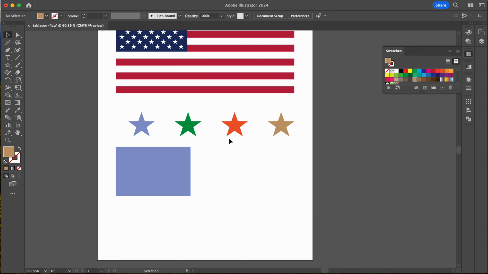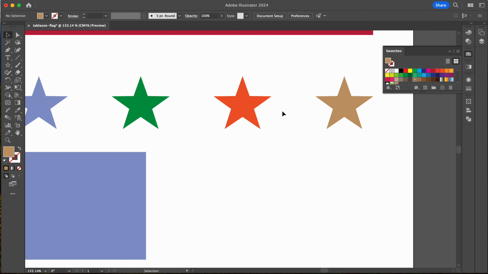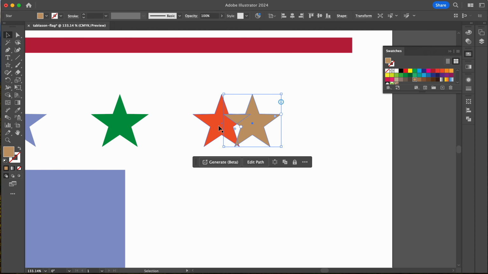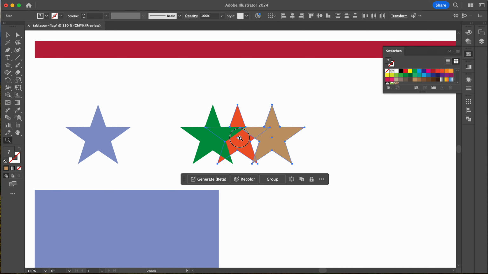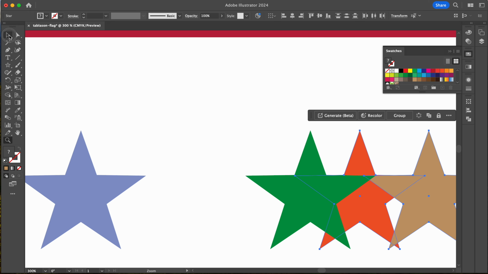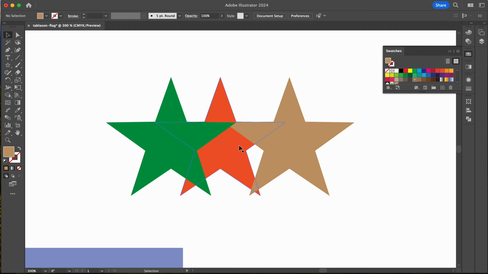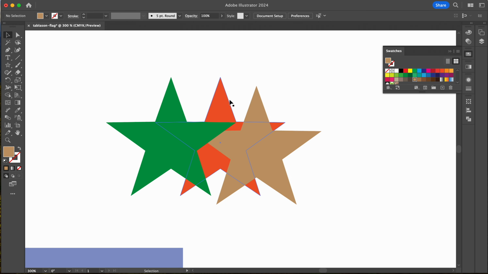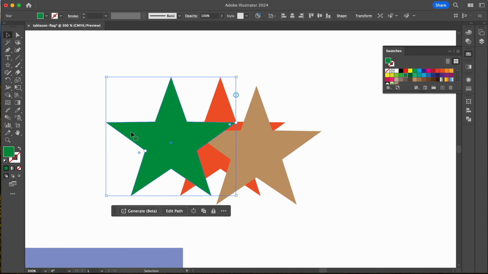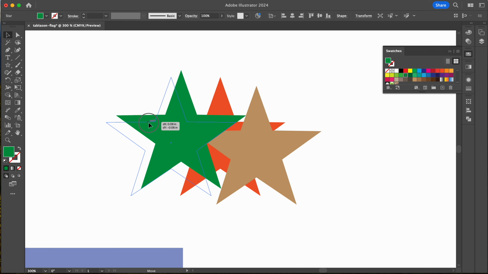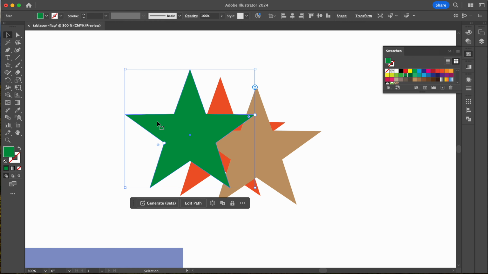So right now, if I zoom in and I move these guys on top of each other, I'm just going to use the 3 stars for an example. Right now, what we see is the orange star is at the very bottom of this composition, and the green star is occupying the highest part of this overlap. So if you want to rearrange your image, meaning if you want this green to be behind this tan